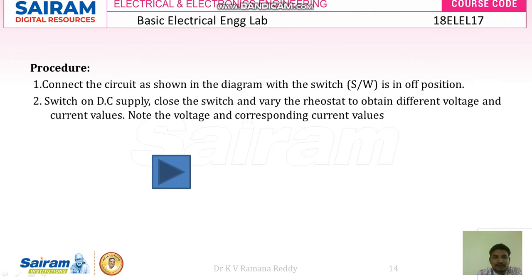Next, look at the procedure, how we connected this experiment. Connections are made as per the circuit diagram, and once we throw the MCB, that is miniature circuit breaker, the supply is given to the incandescent lamp via a smart meter, which is going to measure the voltage, current and power factor. To perform this experiment, let us look at the following video.